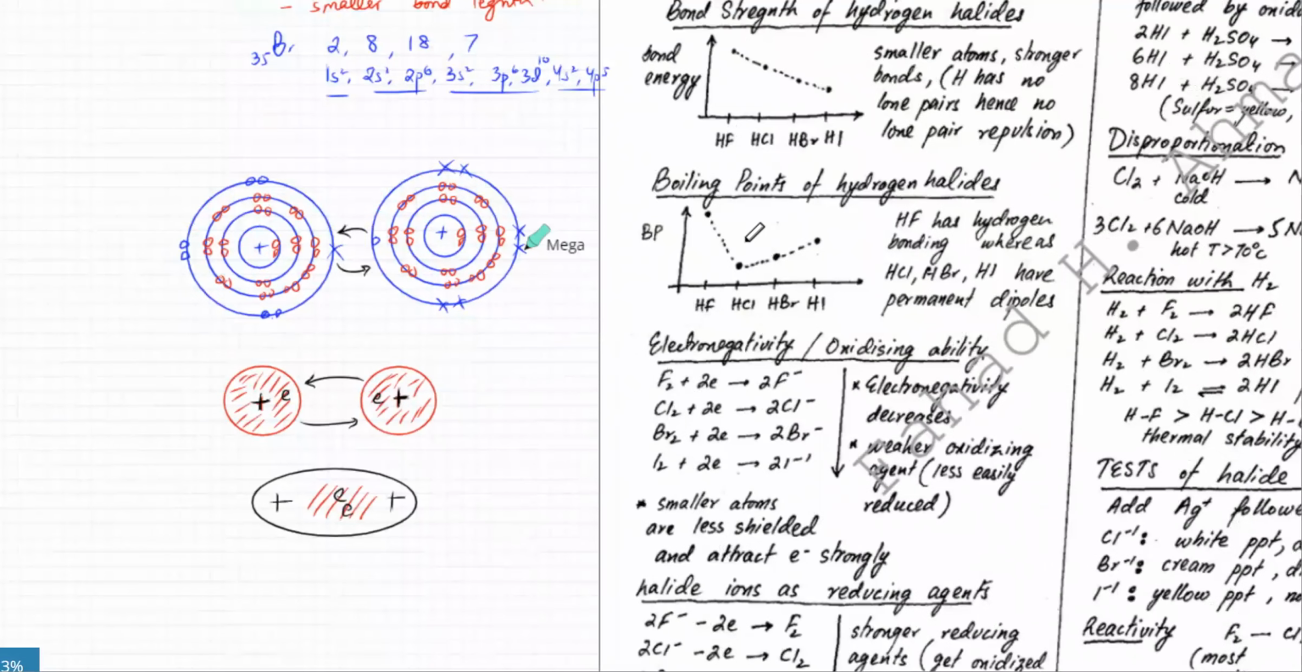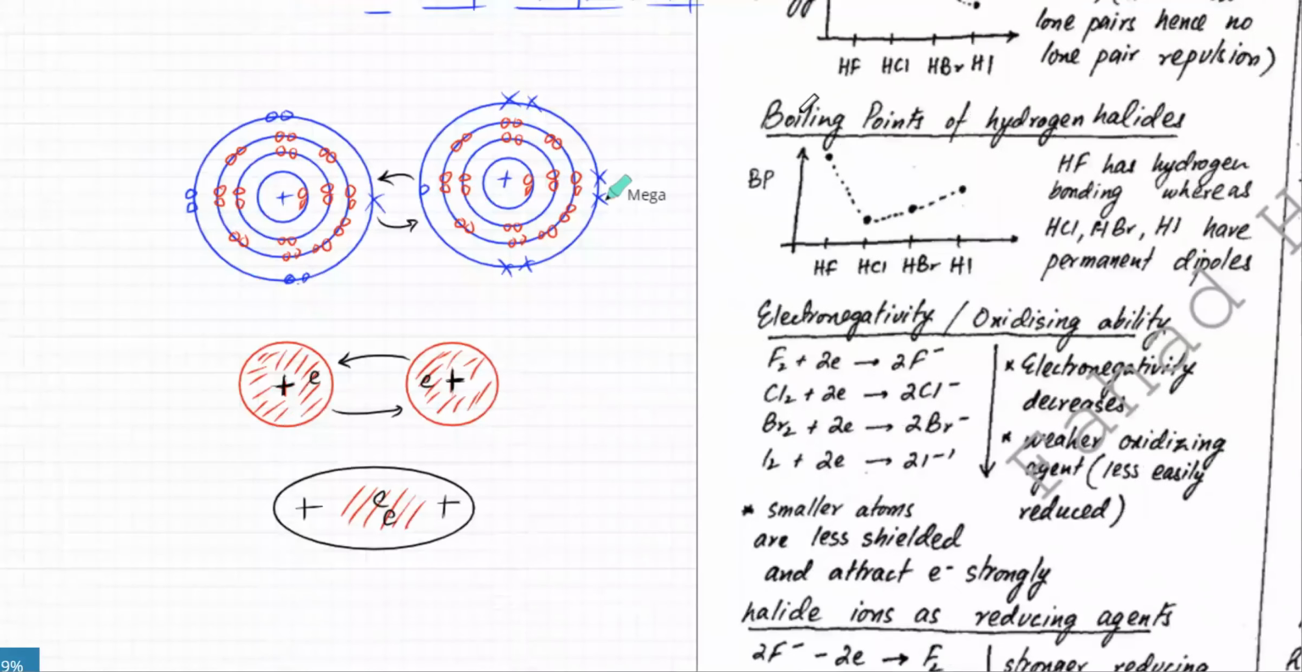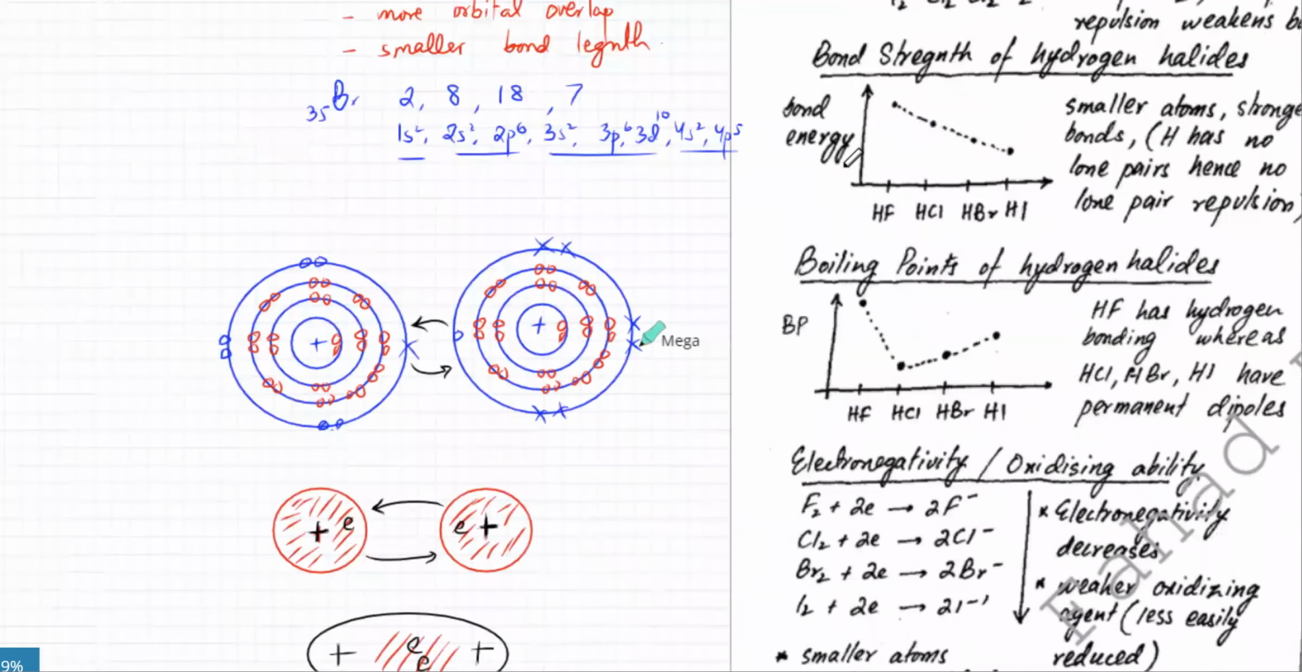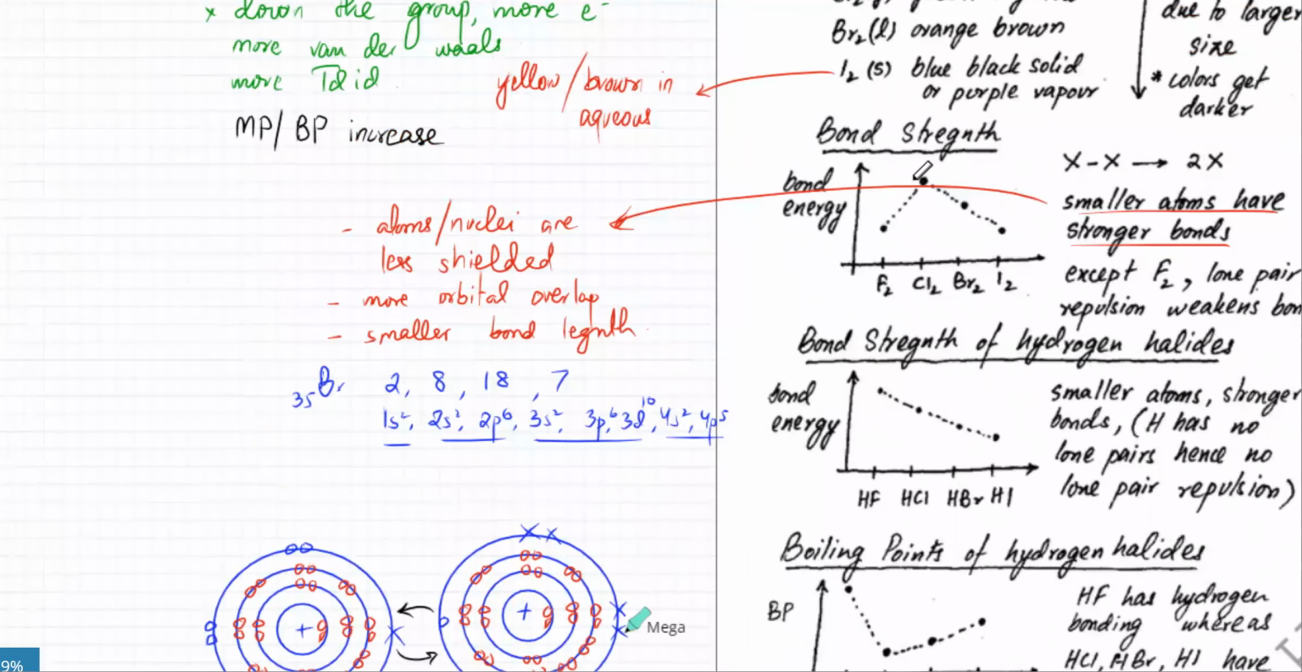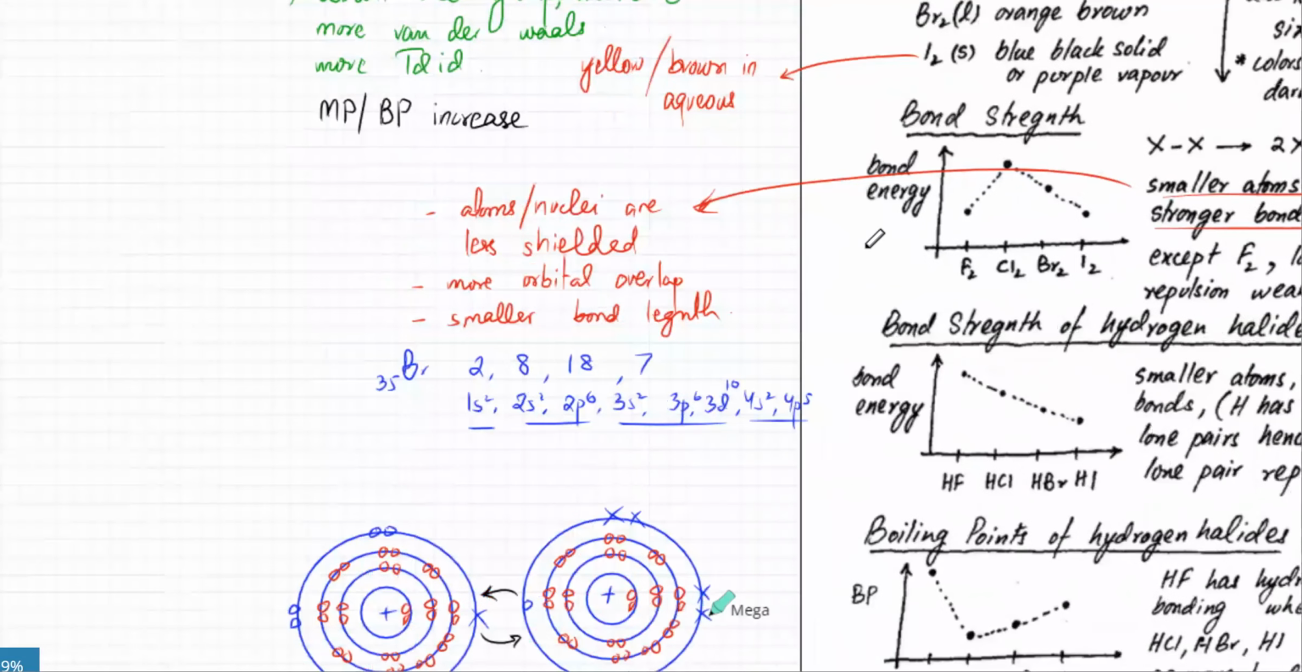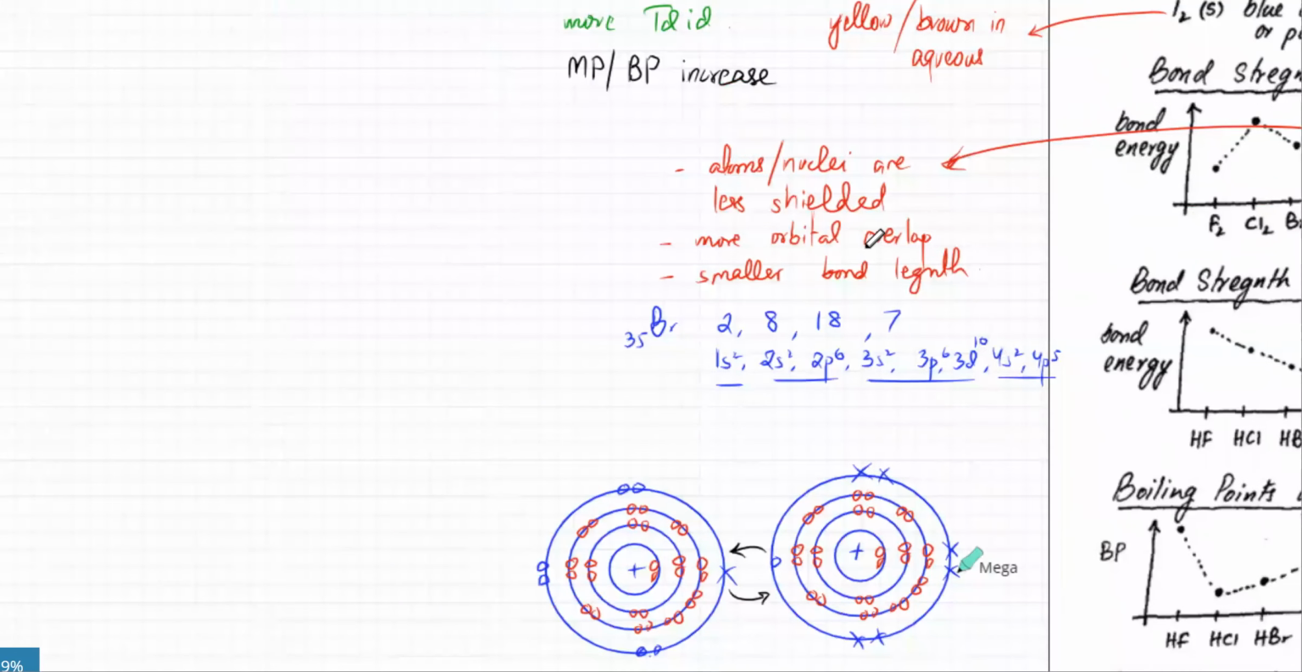But then you've got an issue over here. We were talking about this one. Bigger atoms have weaker bonds, but fluorine is an exception. So remember that fluorine is an exception, and the reason fluorine is an exception is